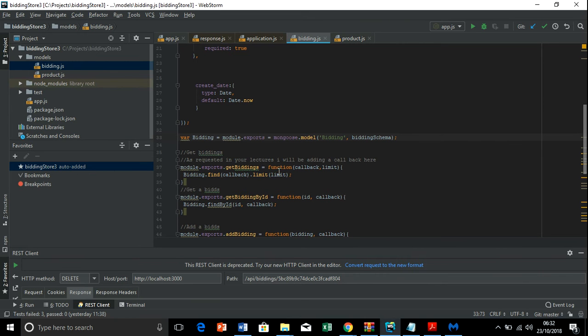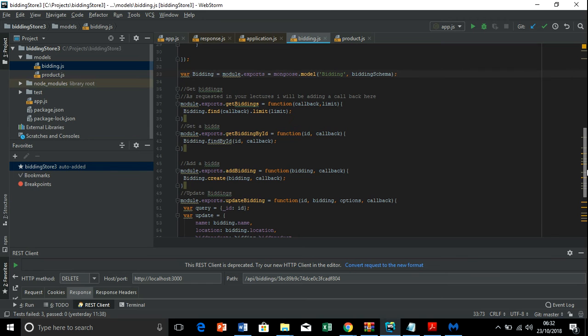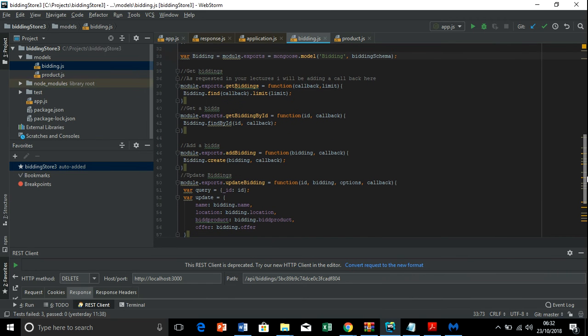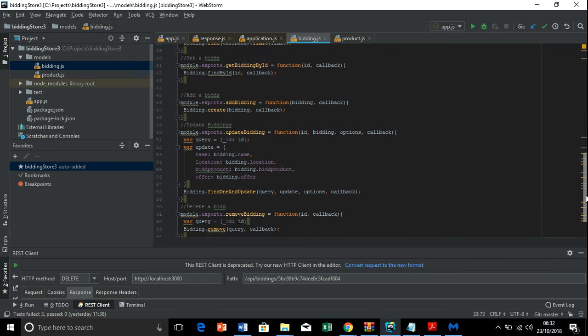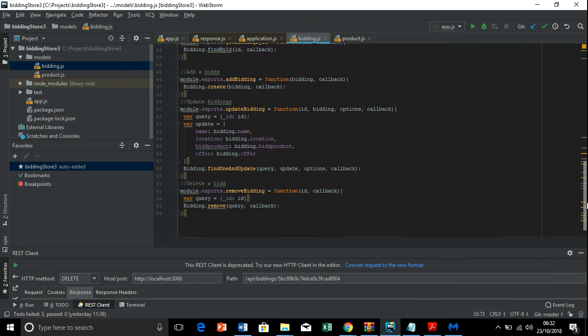Because of data encapsulation, we have to create the get and the get by ID, the add bidding, the update bidding, find bidding, find one and update bidding. This is the update code, and the remove bidding, so remove by ID, and there is a callback.